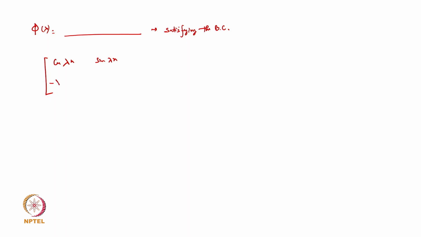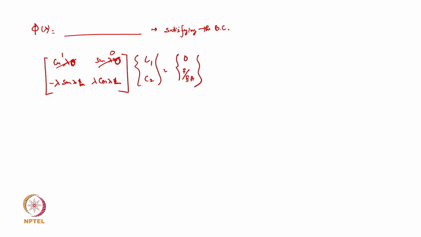Here we will have minus lambda sin lambda x, and here you will have lambda cos lambda x. In the first case, x is 0, and here you are putting L instead of x. Okay, so first term will become 1, and that becomes 0. That is with C1 C2, that will be equal to 0, and F divided by E. Okay,